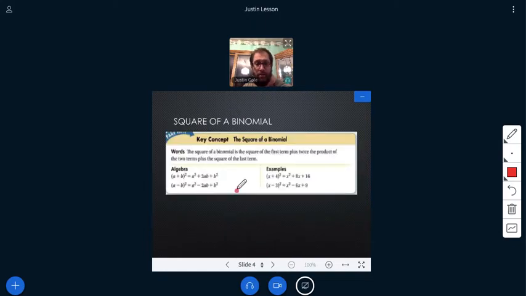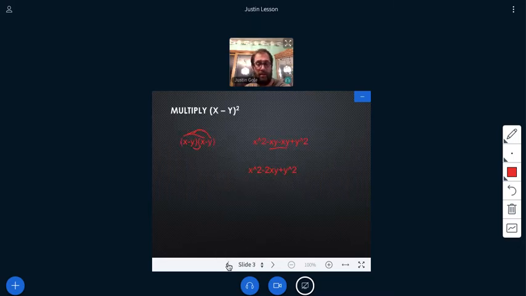So the square of a binomial is the square of the first term, plus twice the product of the two terms, plus the square of the last term. So when we see a plus b squared equals a squared plus 2ab plus b squared, what that means is